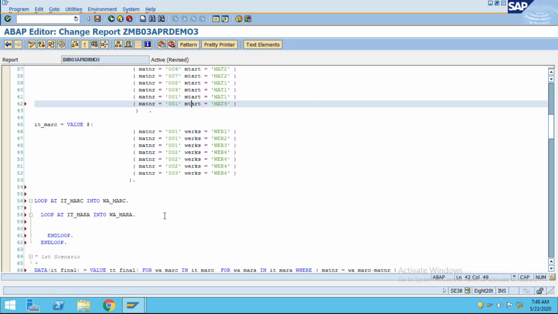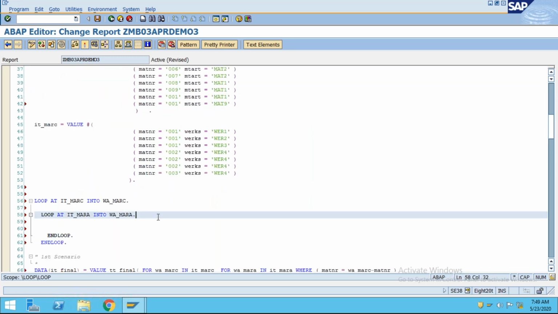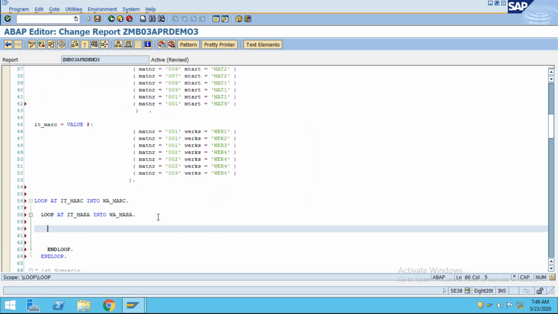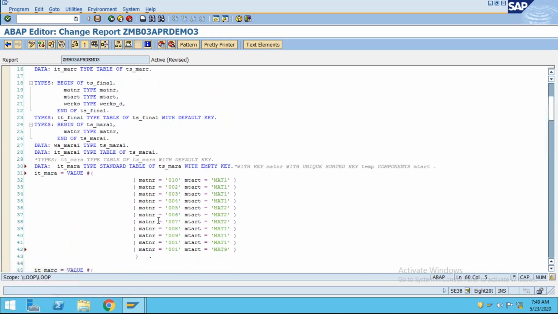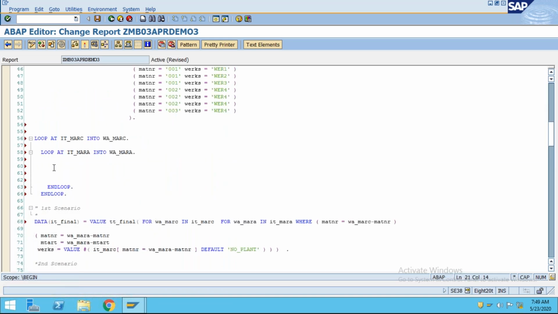In that case, loop at it_mara into wa_mara, and here what we are going to do is prepare our final internal table. So what is my final internal table? This is the final internal table, wa_final, right? Here I'm going to give wa_final-matnr equals wa_mara-matnr,